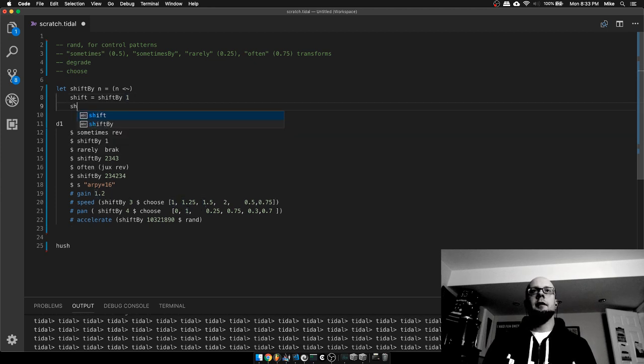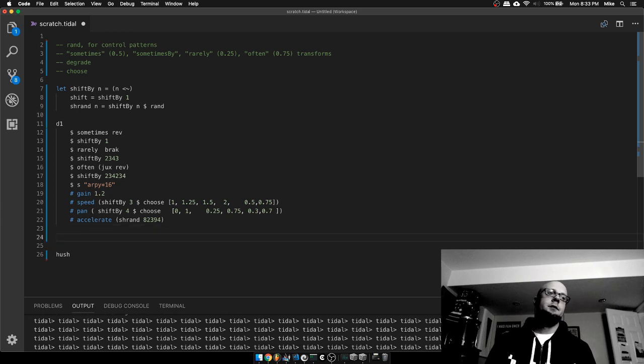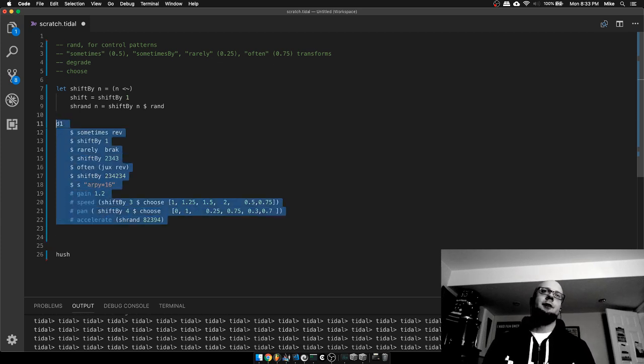I call it shrand, which is shift by n rand. And then I can just call shrand and then a number. All right. Completely goofy patterns, but I'm trying to illustrate